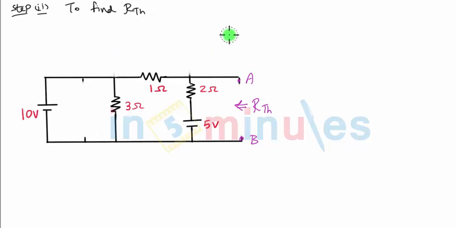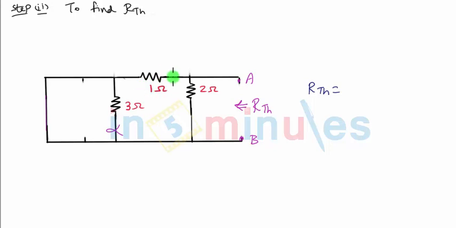Now you can see that this 10 volts is a voltage source, so the voltage source will be replaced with a short circuit, and there's another voltage source of 5 volts which will also be replaced with short circuit. So this is my resulting circuit. You can see that across 3 ohm there comes a short circuit, and hence 3 ohm resistance will become redundant. It will not affect my value of RTH, and with this 3 ohm resistance redundant, it is as good as not there in the circuit.